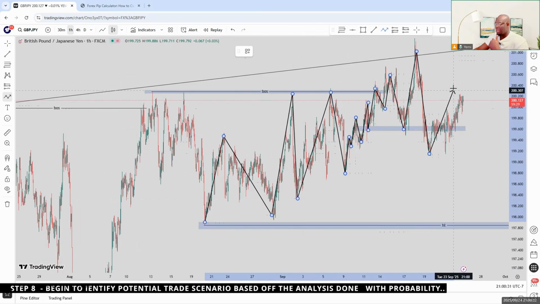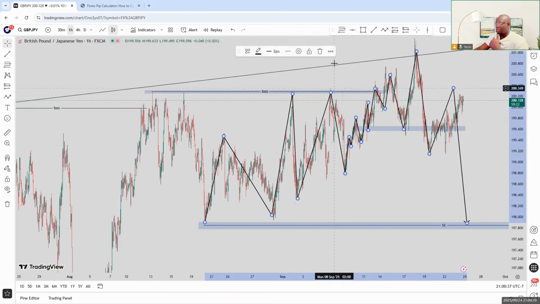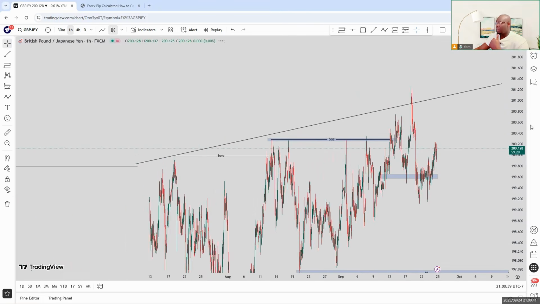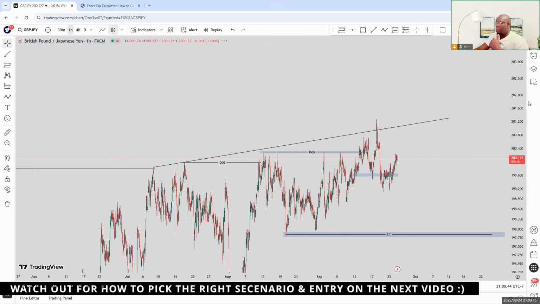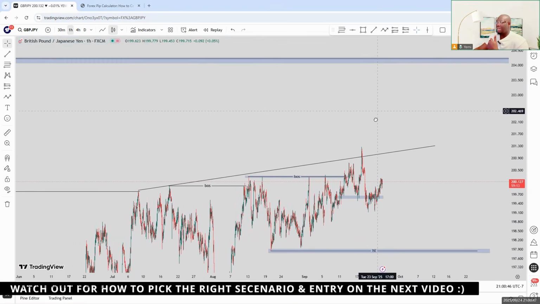Now, could it mean that the market is giving us a discount to the 61.8 fib to sell further down before the market continues to the upside? That means on the overall direction, the market is still to the upside, but could it be that the market needed some form of